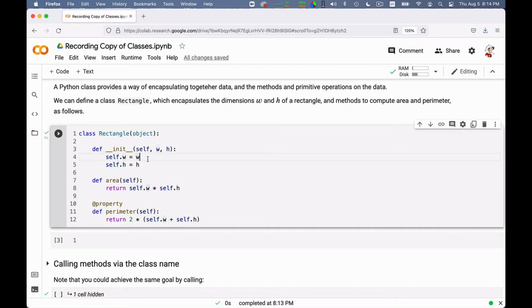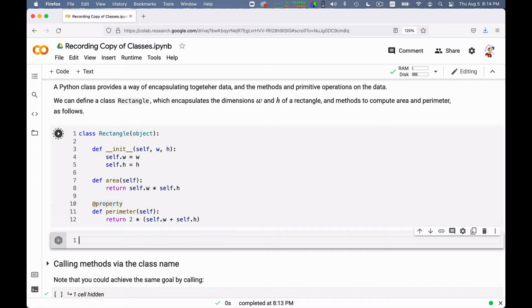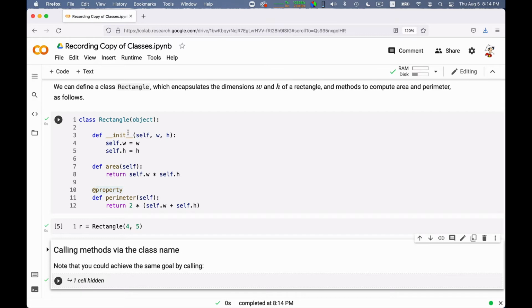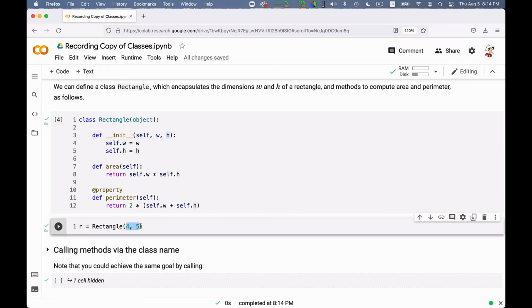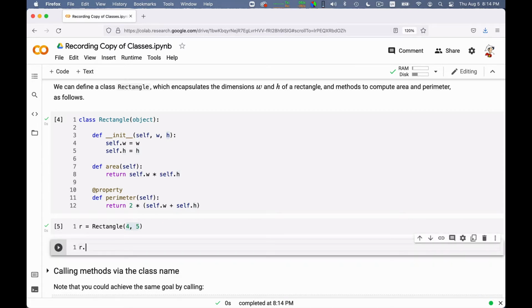Okay, so what happens when you create an object by saying r is equal to Rectangle(4, 5), for instance, is that first an object is created devoid of any values for its own variables, and then it is passed to the initializer that gets the first argument as this empty object created, and the other parameters from your initializer call, and it executes whatever code you write, of course, right? So the result is that now we have a rectangle, and we can say things like r.h, and this will give us the height.